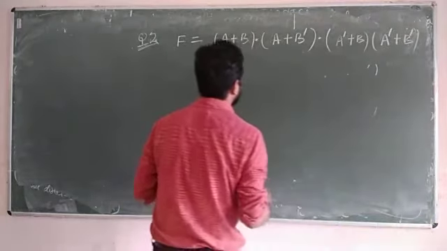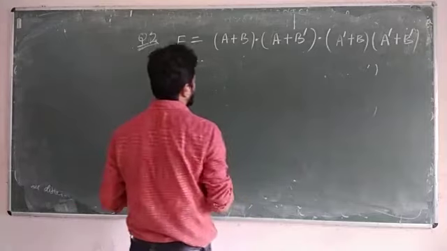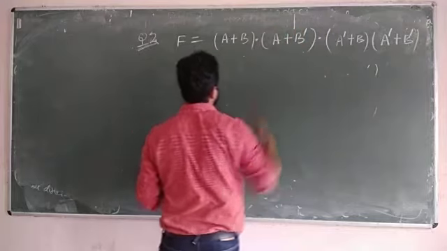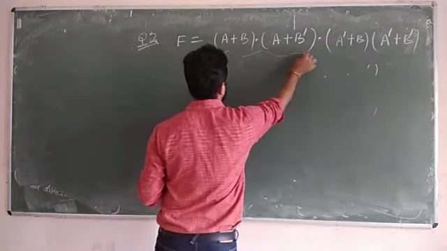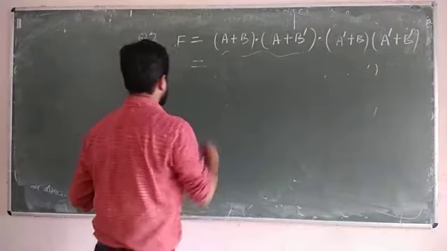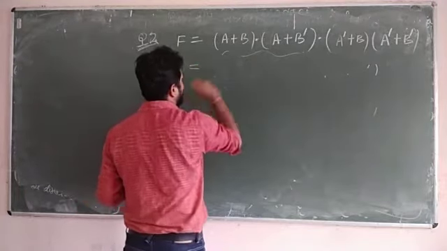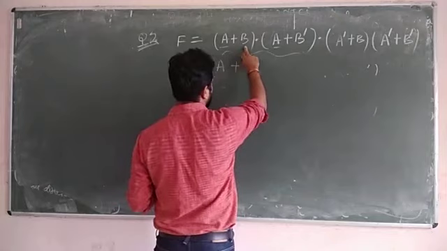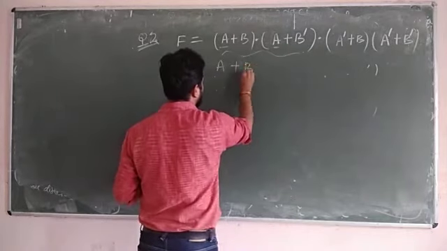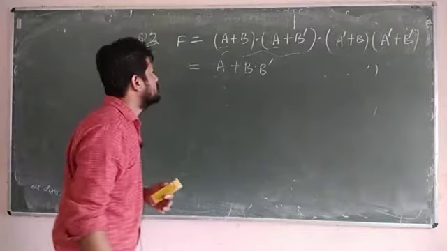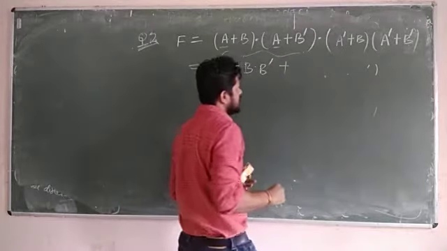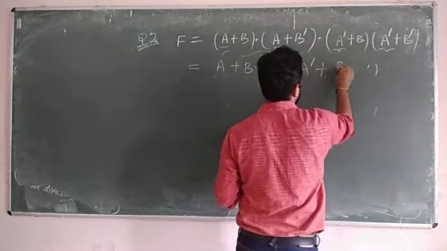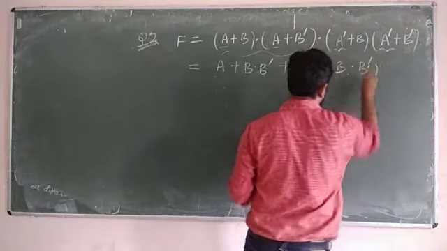Here, in order to apply your distributive law, you always have to see the common term and the product of the remaining variables. So you can apply the distributive law on these two. Here the common term is A, so directly write A or the remaining variable product, that is B and B complement. Similarly, here A complement is common, hence A complement or the remaining product B and B complement.